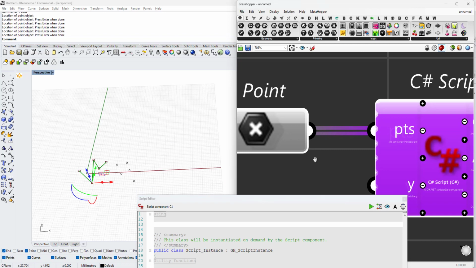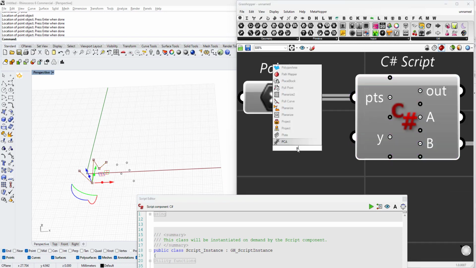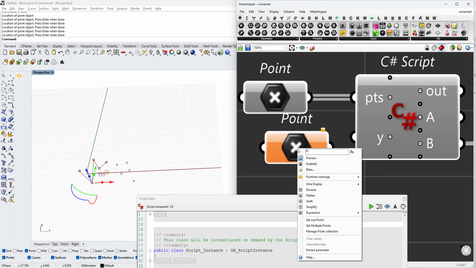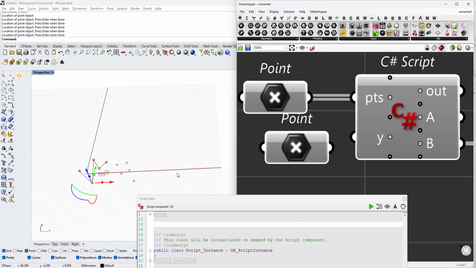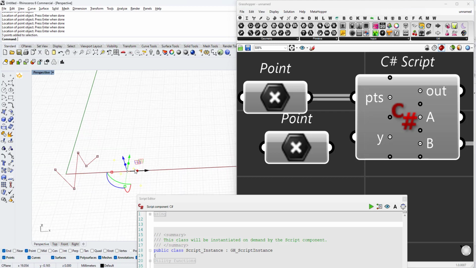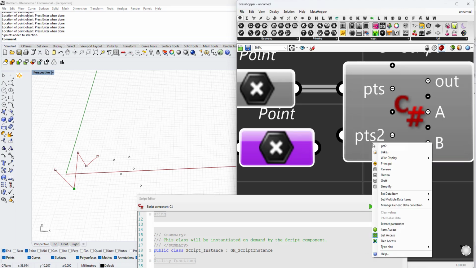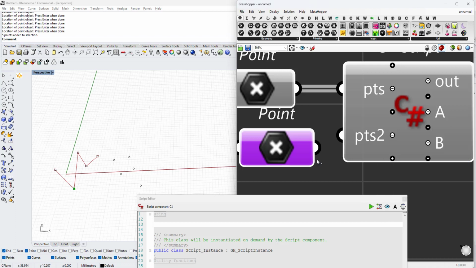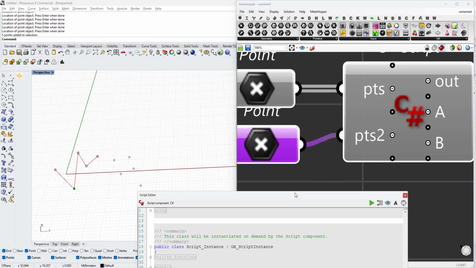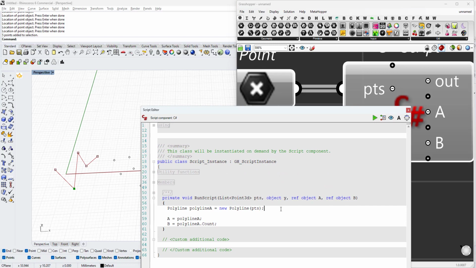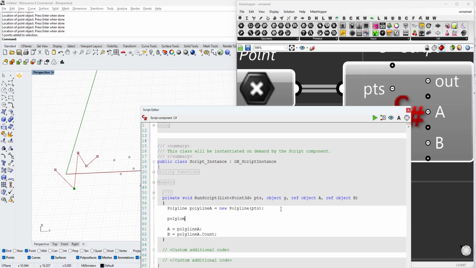And if we do so and add another list here, let's call a point component and set those points and call this PTS2 and make it list access and make sure that the type hint is point3d. In this case, if I say polyline a dot add range, then I can add the PTS2, and in this case, oh,